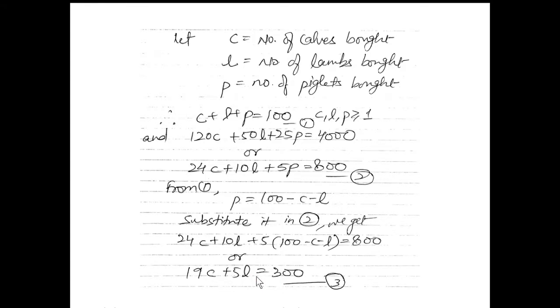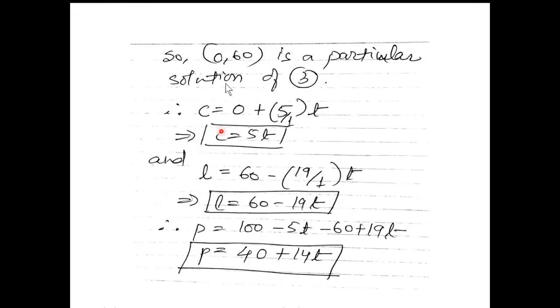So just substitute this value into the second and you will find the equation in two variables. So this is a linear Diophantine equation in two variables which can be solved by the result which we have shown. So for this equation, this is the particular solution 0, 60. So you find the value of x naught, y naught from here. If you know x naught, y naught, then you can find the value of x and y. So here x and y are C and L. So C is x naught plus b by d into t, so this is 0 plus 5t. So we find C is equal to 5t and L is equal to y naught minus a by d into t. So this becomes 60 minus 19t.